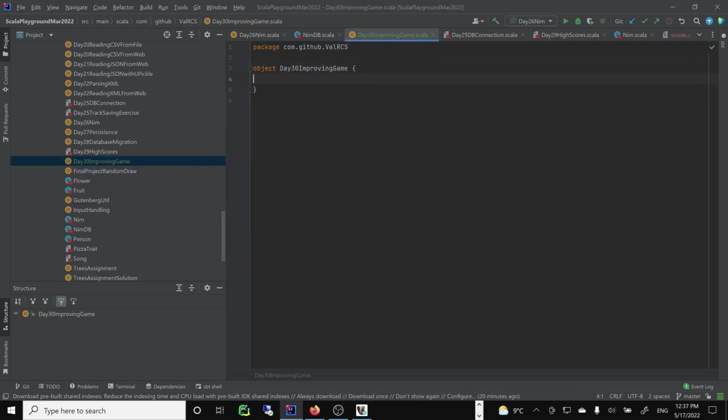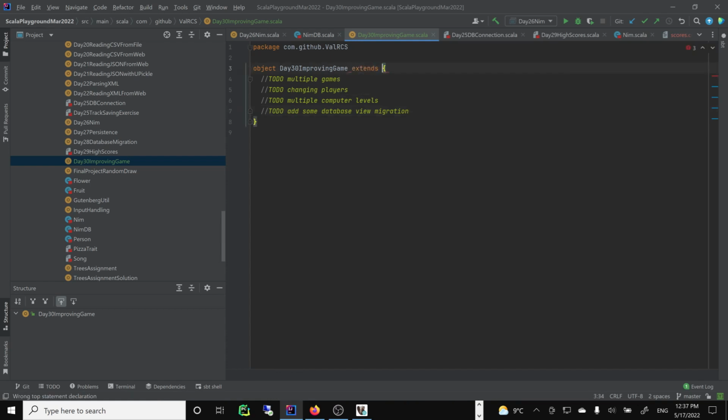Again, I'll just put to-dos. Basically, we want to do multiple games, possibly multiple changing players, multiple computer levels, perhaps. That'd be nice. And again, time allowing, maybe add some database migration, because possibly that's time allowing. Okay, so that's our attack plan. We are not really going to run it probably, but let's move on to go to our data.NET6,